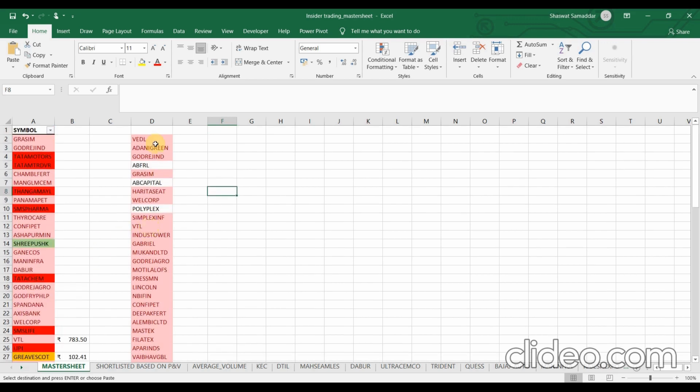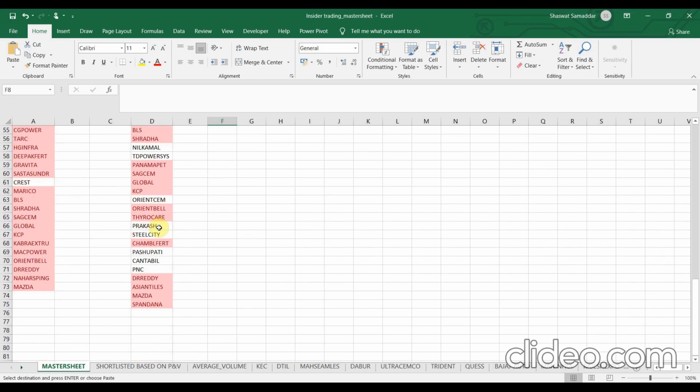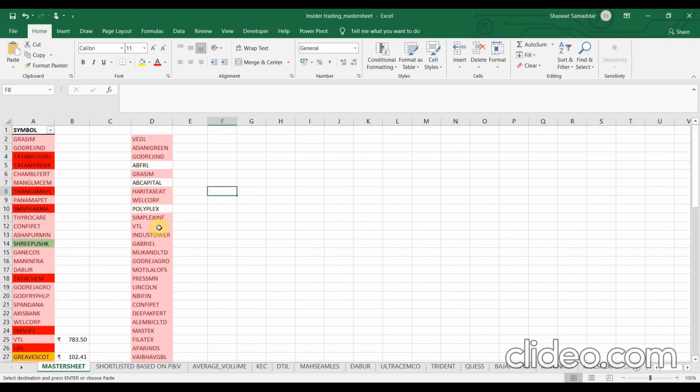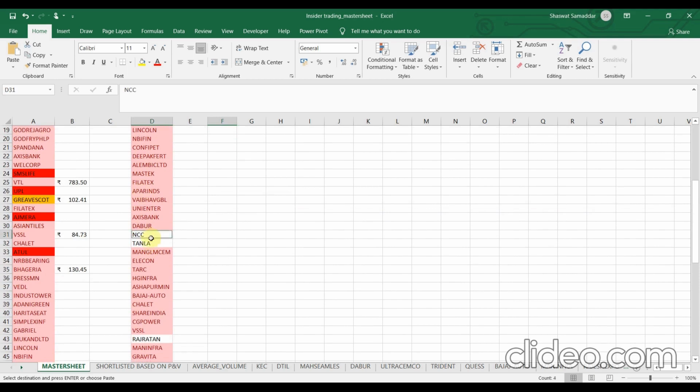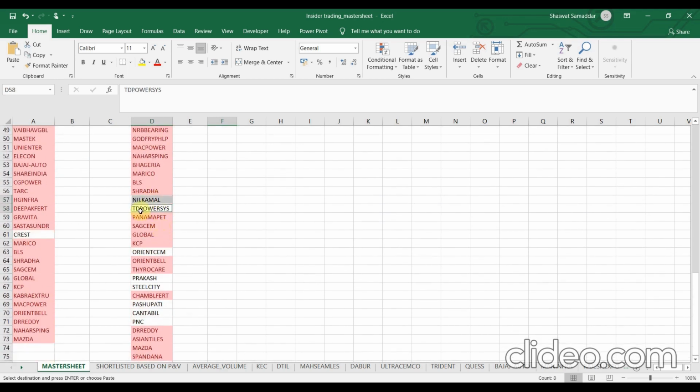Okay, so now as you can see, the cells which have been filled with light red and have a dark red font are those stocks for which I have already done the analysis. So there is no point in doing the analysis once again. What I'll do here is copy down the stocks which are white, and for those I have to do the analysis. So I'll copy them down.